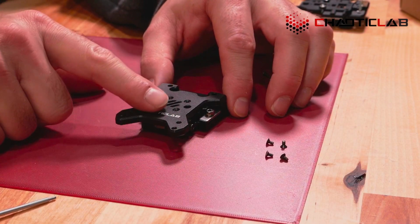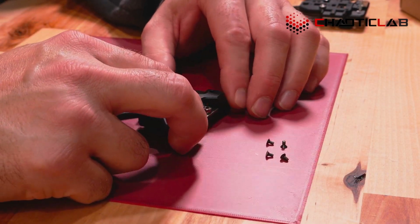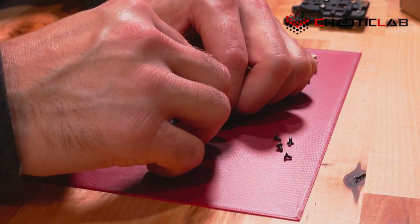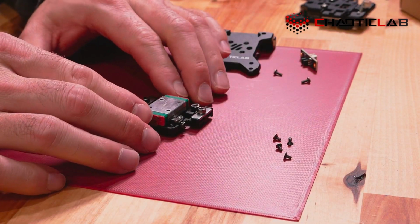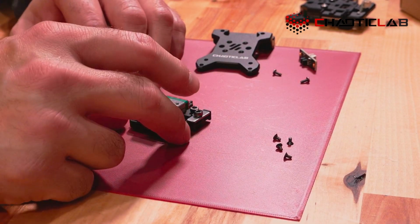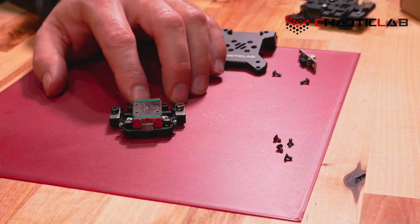So we've taken the 4 screws out of here, 1, 2, 3, 4, and then we're going to basically be lifting this off like so. Okay, so it's separated. We want to be careful. We do not want to take this Hiwin rail off of its slide. The carriage needs to stay on there. We don't want to lose the balls, and I can already tell, and this is kind of a good sign,